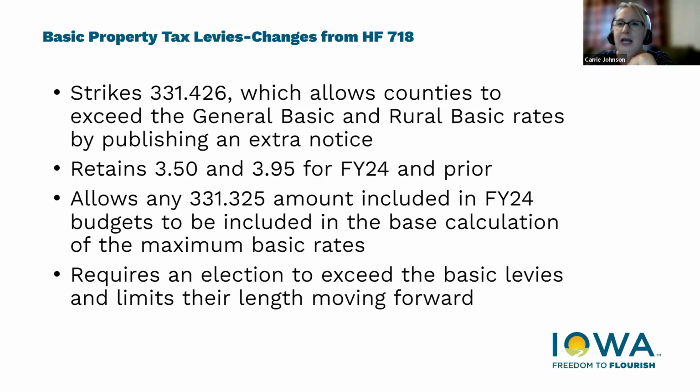Another change that House File 718 made to our basic levies is that it struck that opportunity to exceed the general basic and rural basic by that extra notice. So if you didn't do that in the past, you can't start doing it now, if that makes sense. So if in fiscal 24 you weren't already exceeding the 350 and 395, you can't do it now unless